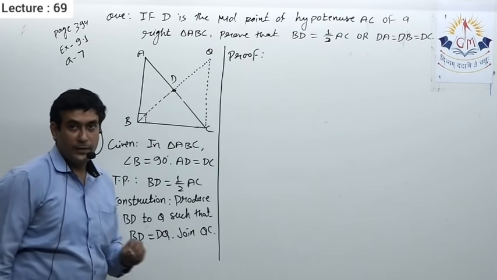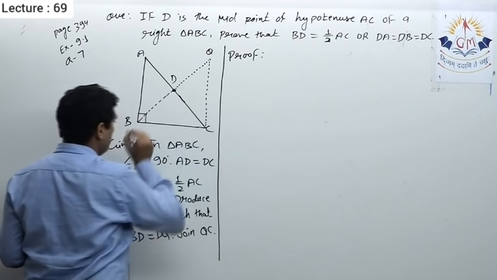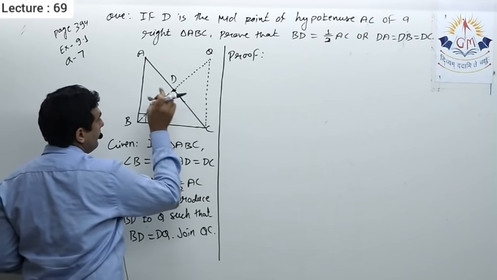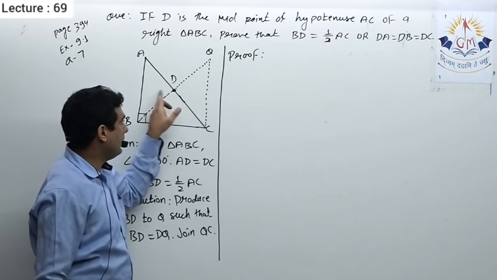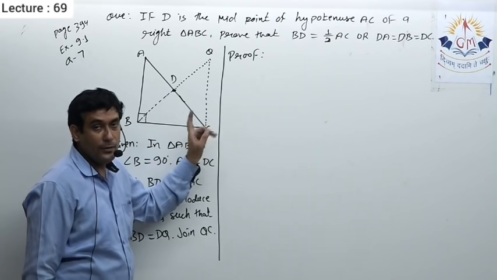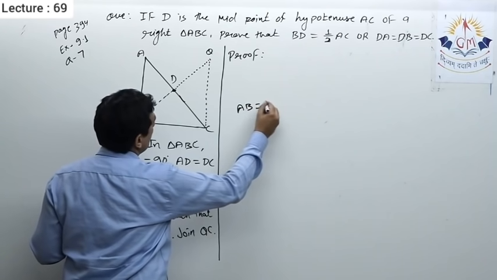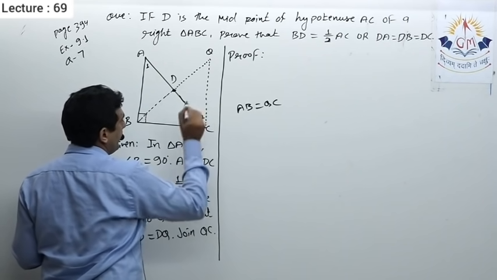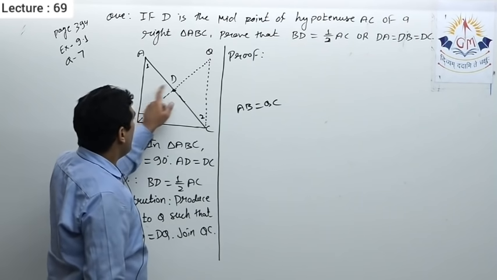Okay, so first I will give you the explanation in short, and then I will give you the detailed solution. See, in these two triangles it is given AD equal to DC, and by construction we took BD equal to DQ, as well as these two angles are vertically opposite angles. So these two triangles, that is ADB and QDC, will be congruent to each other. As they are congruent, I can say AB equal to QC by CPCT. Also I will say angle 1 is equal to angle 2 by CPCT.